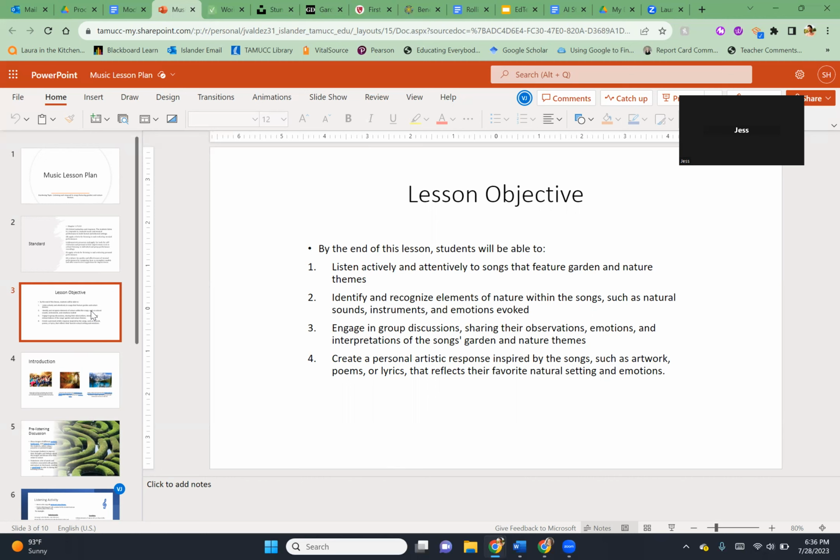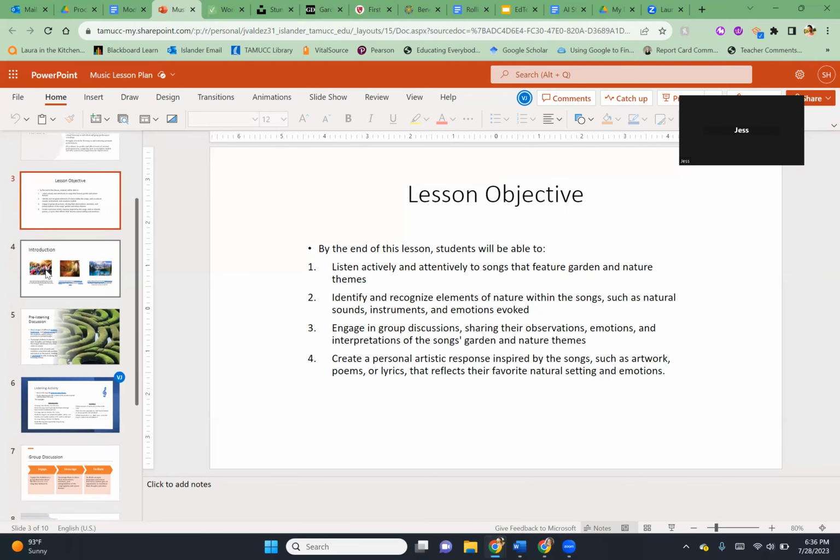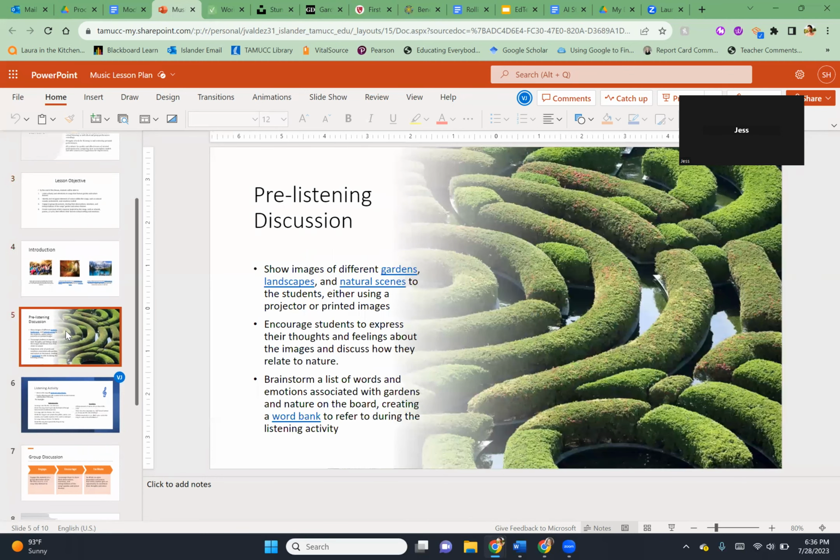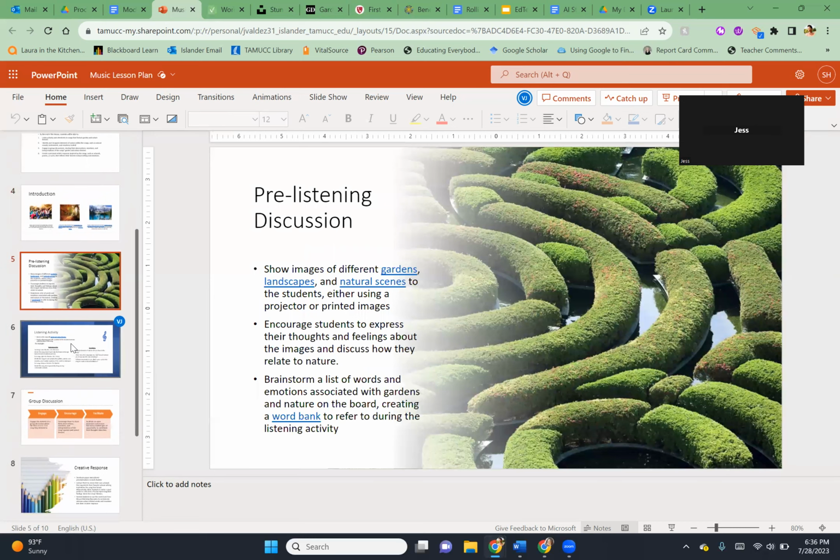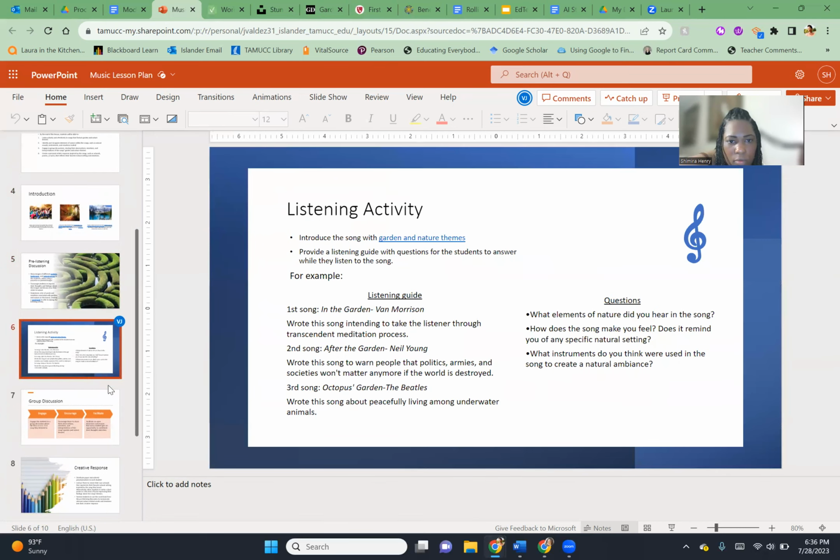Well, there's the response, which is the questions and then the group discussion. So it's talking about the garden beforehand. Before the listening activity, we'll have a small discussion. This is during the introduction, where in the beginning we gather the students. I talk about garden and nature and how it affects Earth and affects us.